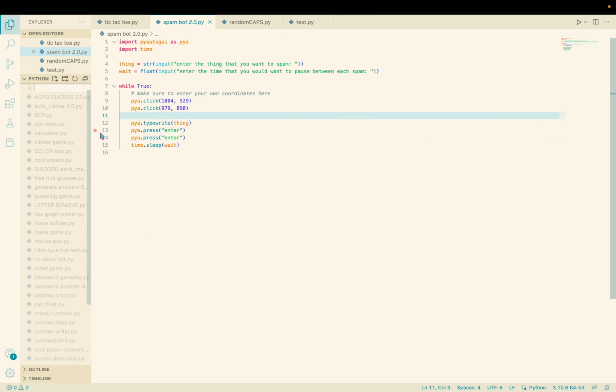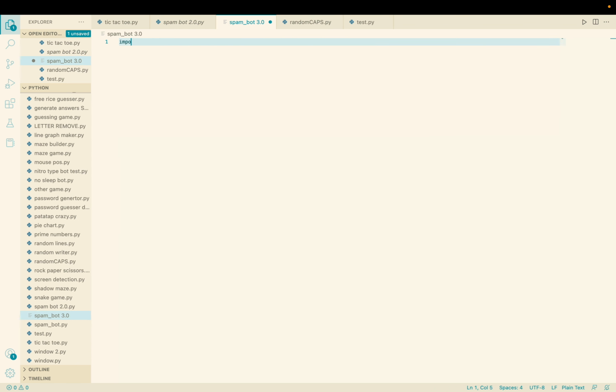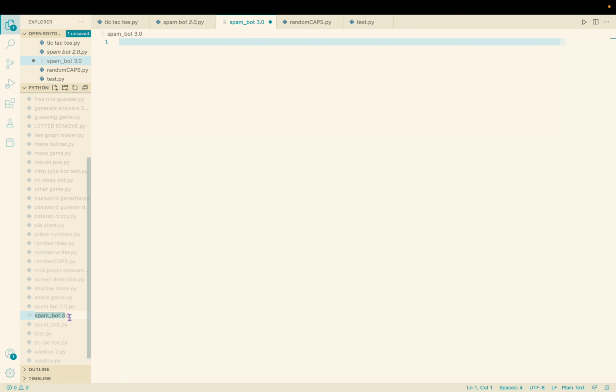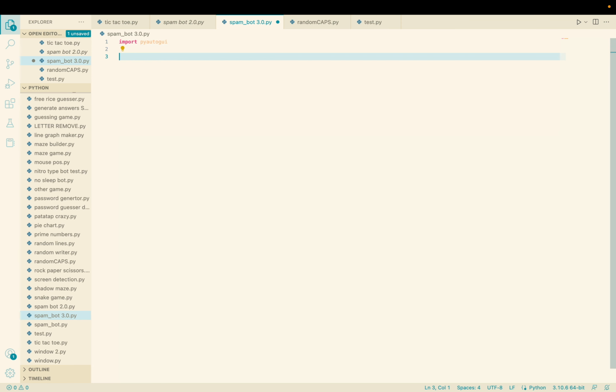So I'm gonna fix and create a new file called spam bot 3.0 because this one was 2.0. Okay, so first of all, always remember to add in .py at the end. I forgot. Okay, so first of all I have to import PyAutoGUI, and then as usual I have to do